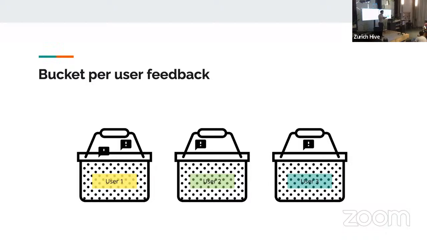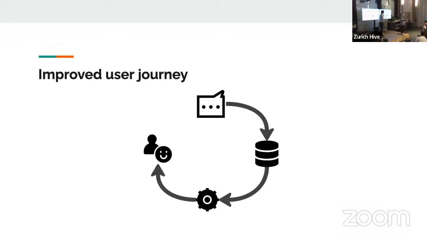Or maybe they say, hey, I want to have information also on a bigger picture, or maybe, as I said, bullet points, and then we see the prompt as well as the product evolve with them, showing that this feedback actually works for something. And that's without us manually laboring and checking everything. So we started to have an improved user journey from comment to saving to database, processing, and then having a user